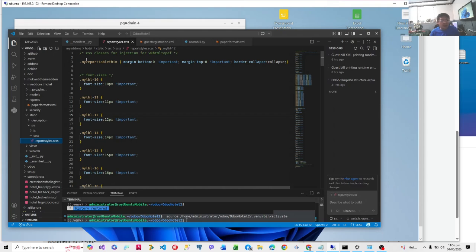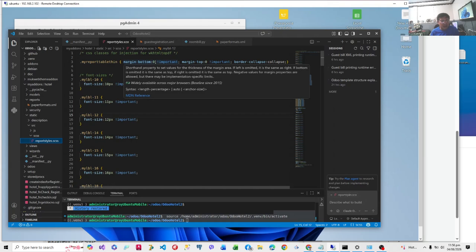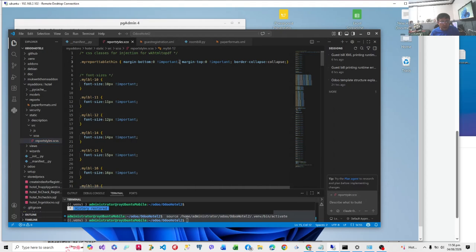Now usually in a header, your table will have a set of borders. So this is a thin table where the bottom margin is zero, and we put important because sometimes margins conflict.